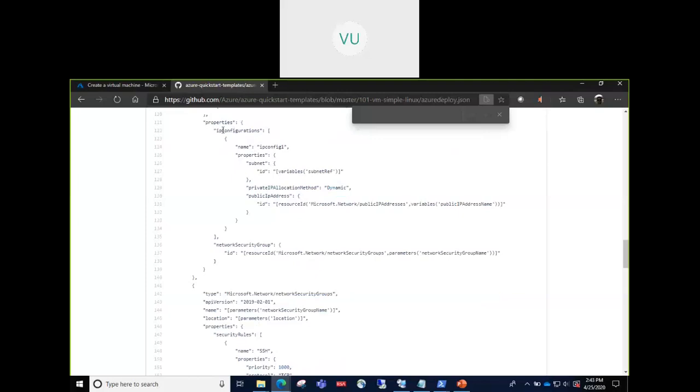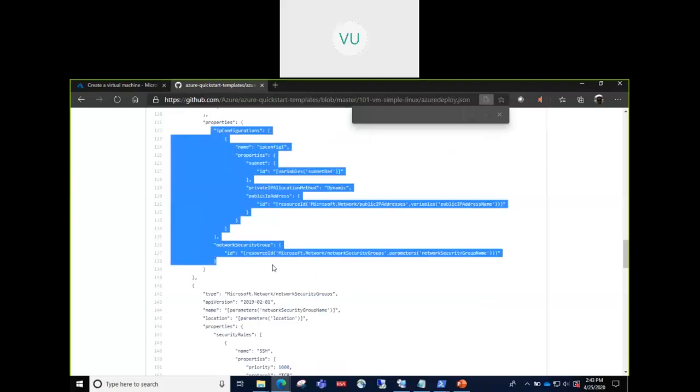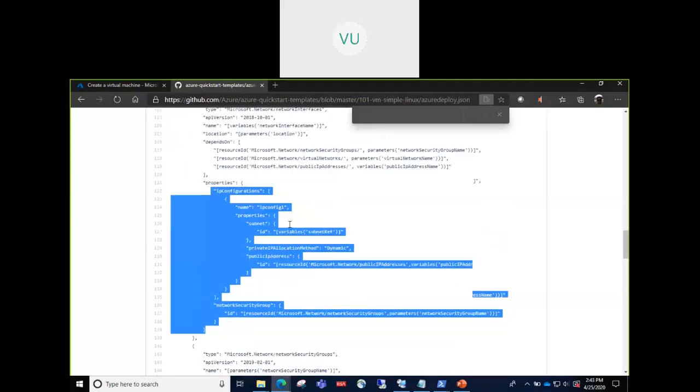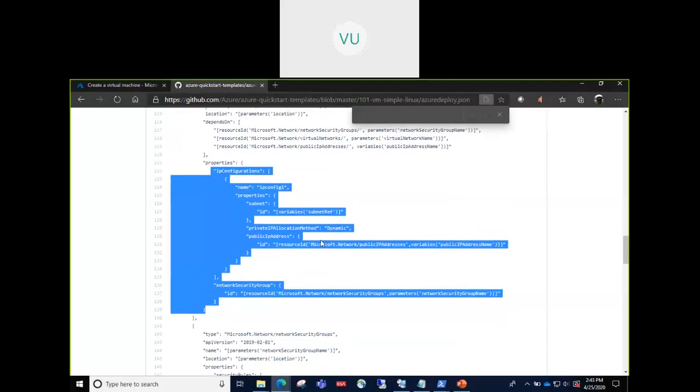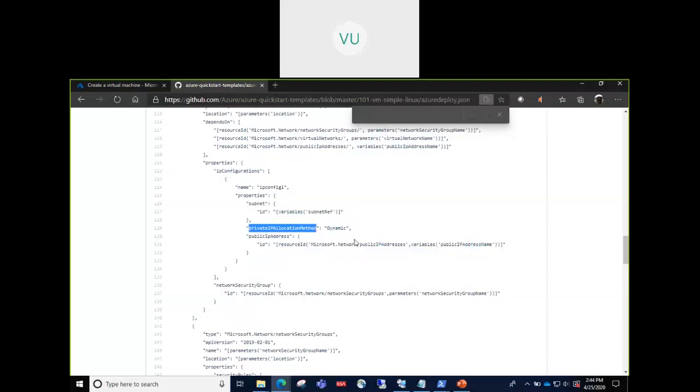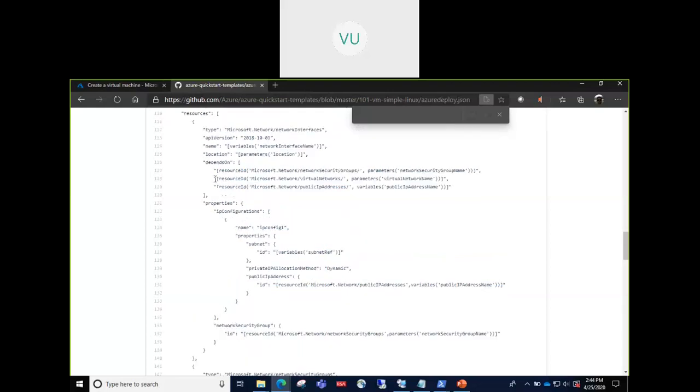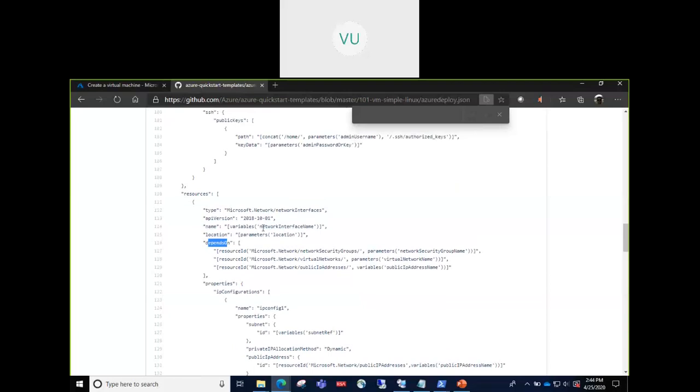So this is how you specify. So the structure we need to understand. Just like when we look at a PowerShell command, we need to understand what parameters it takes and how do I provide values to those parameters. In a similar way, in an ARM template, we need to understand what the different parameters are and how I provide values to them. So this is all JSON. If you understand JSON, then you will understand this structure and hierarchy. And if you understand the hierarchy of resources, then you will understand what values I should use under depends on.